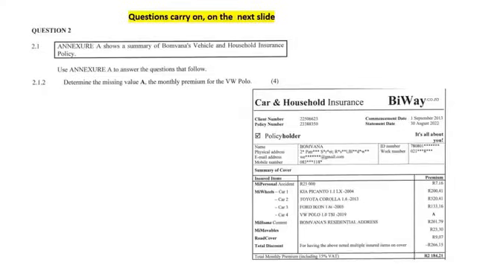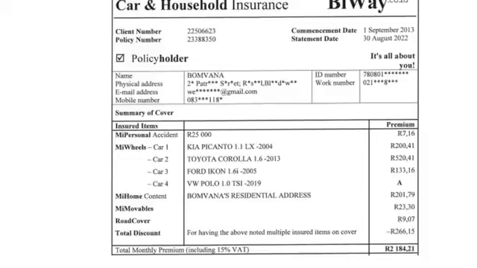It says determine the missing value A, which is the monthly premium of the VW Polo. I've zoomed in a little bit just so you can give this some thought. It's going to be quite easy for us to determine what the monthly premium will be, because at the bottom they gave us the total, 2184,21. How did they get that? They get that by adding all of the numbers in the premium column together. Some of them are negative, so be careful there, the bottom numbers are negative. If you add all of that together, you should end up getting